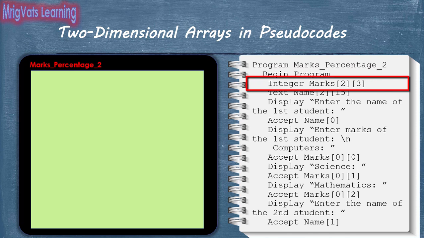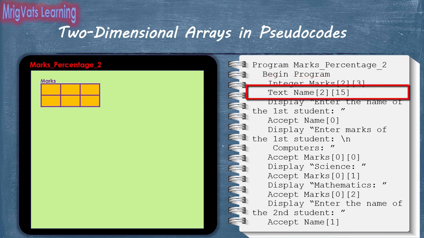With the integer statement, the program declares and creates a two-dimensional array marks with 2 rows and 3 columns of integer elements at a random location within the memory block allocated for the program. Notice that all the array elements are allocated contiguous memory blocks. Instead of creating a single two-dimensional array, you can also create 3 one-dimensional arrays for each subject with different names.